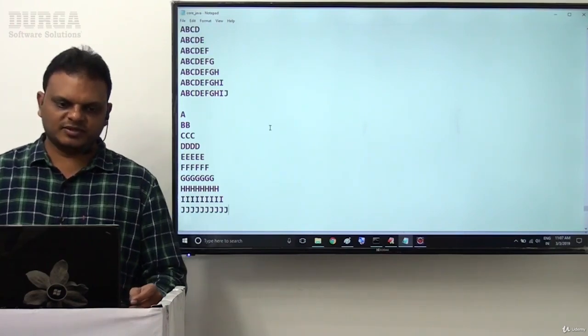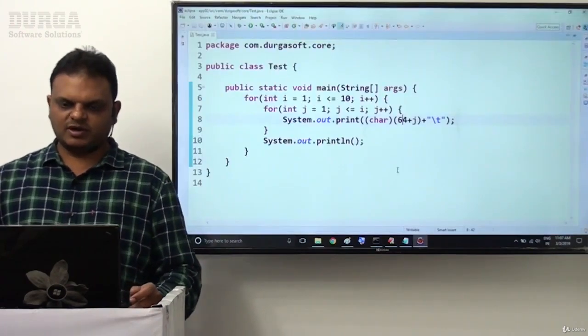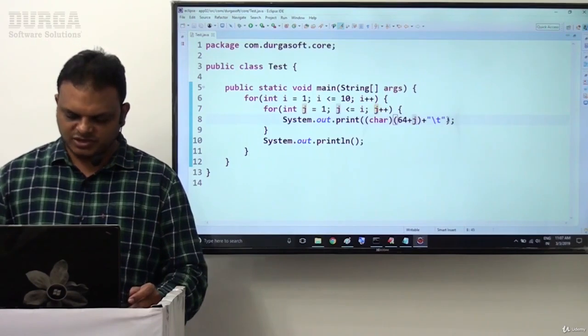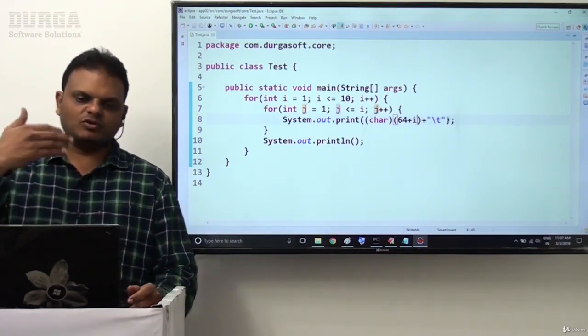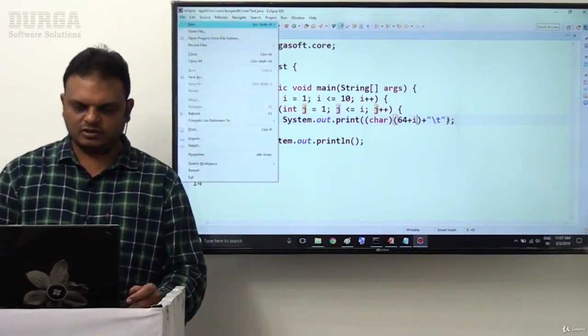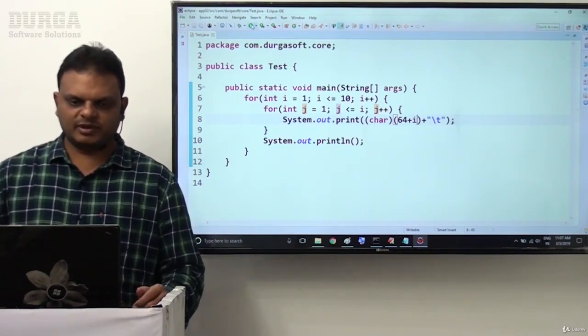If you want to display the same thing in the same example, in place of this J I will provide I. That means the outer loop value, if you display that, automatically we are able to get the same type of pattern.